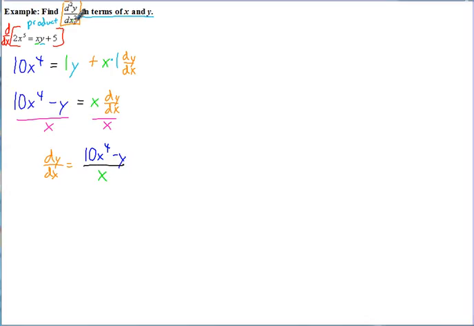But we want to find the second derivative here, so we have to take the derivative of that. So you can put brackets around this just like we did the original equation to take the derivative of that. And you can see, since we have 10x to the fourth minus y divided by x, that's going to require using the quotient rule. So we take the derivative of the first derivative, that's going to be the second derivative, which we write as d squared y dx squared. And remember the quotient rule, the pattern is we take the derivative of the numerator, and since they're just subtracted, we can take the derivative of each one separately. So that's going to be 40x